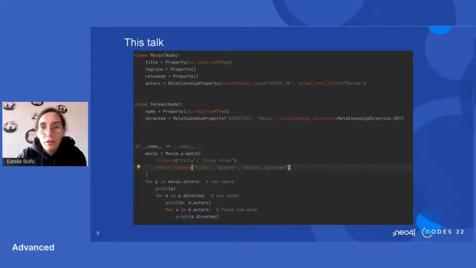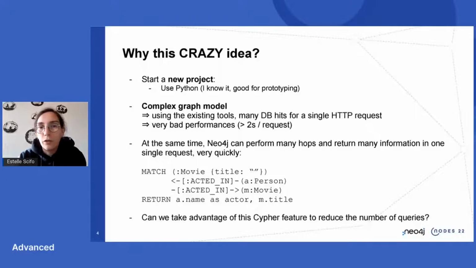So back to this talk. In this talk, basically, we are going to build this. This is the way I started thinking about the project, saying, okay, I want the code to look like this, and then I step by step implemented the different features, and that's the path we are also going to follow during this talk. So first, let me give you a bit of context and explain why I had this crazy idea of building a NeoGM. First of all, when I started working at SmartGrid, we started from scratch.